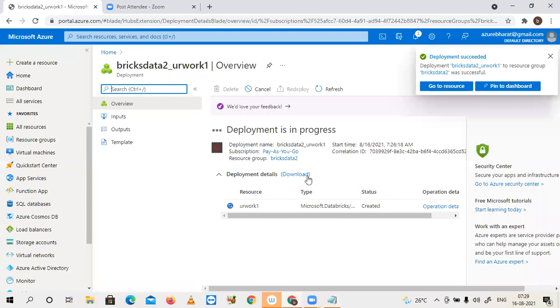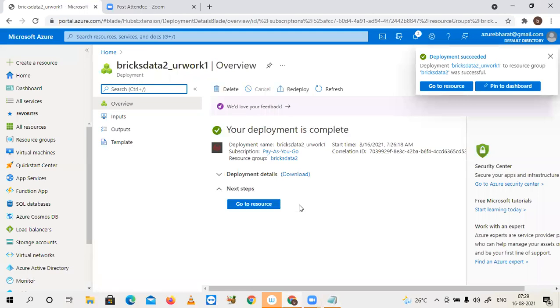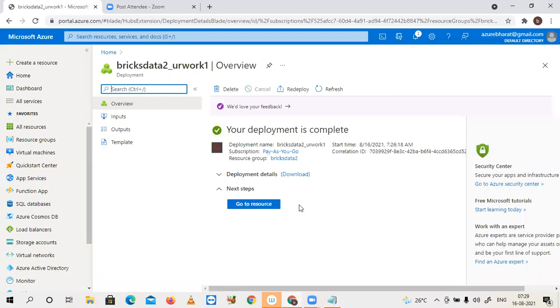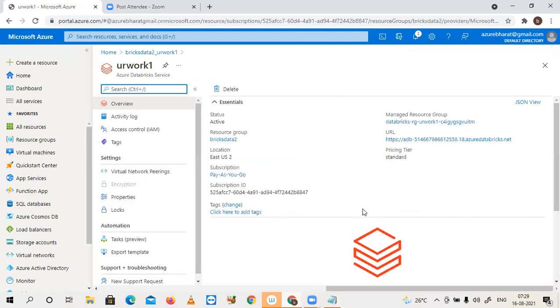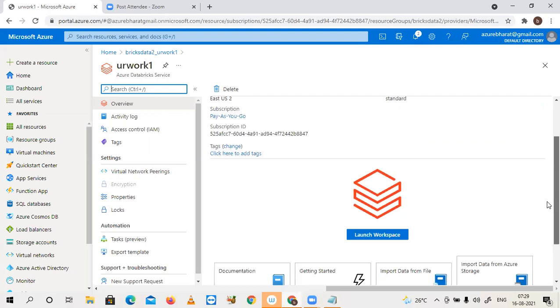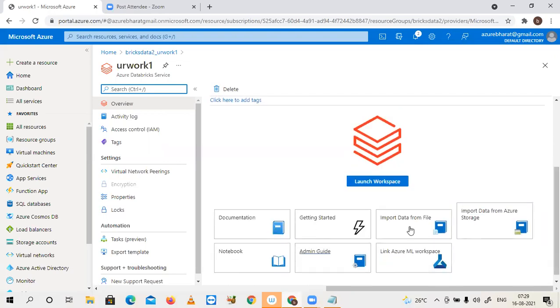So still it is, yeah. Luckily, quickly, the workspace got created. I am going into that resource. Here you will see the launch button. Observe here, these are only documentation. Here you cannot do anything.